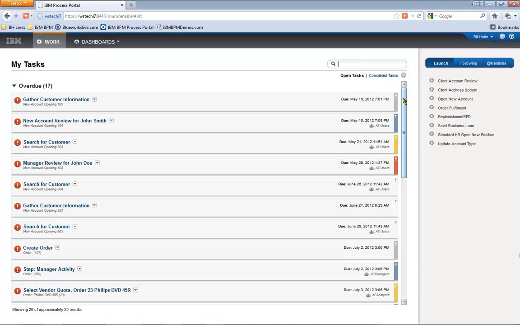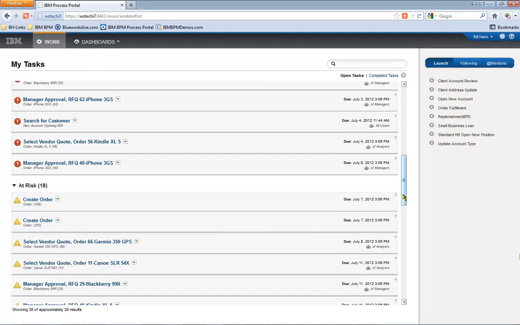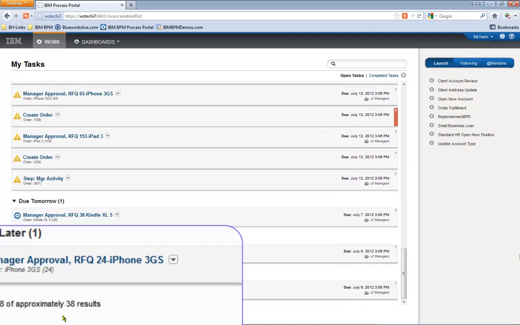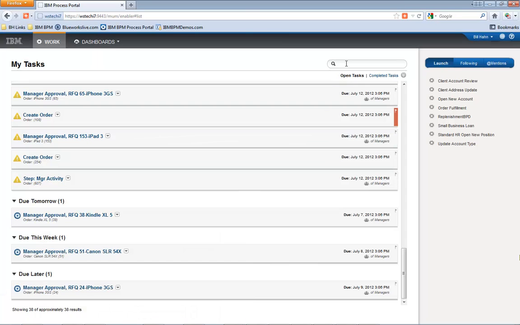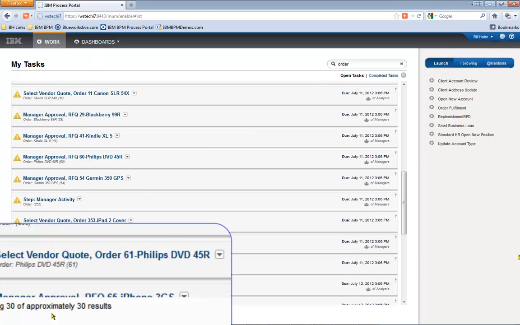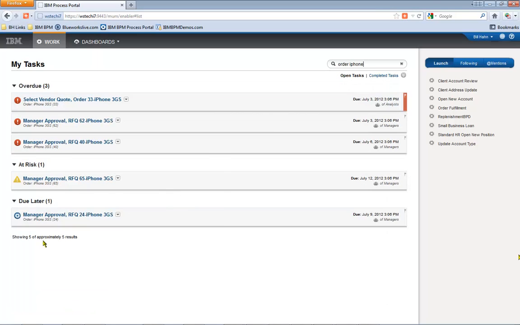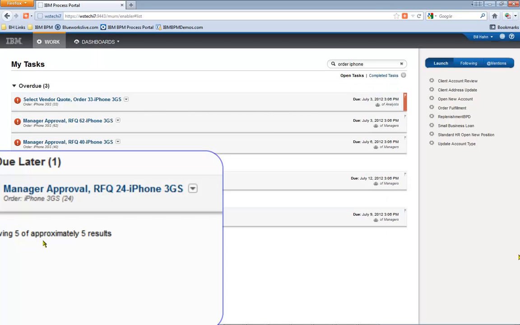If we'd like to search for certain items, we can get quick access to all the things in our inbox. We can see right now we have 38 items or activities awaiting our attention. If we search for just orders, we can see that narrows it from 38 down to 30. If we search for iPhone orders, we can see that only 5 of our work items or activities are related